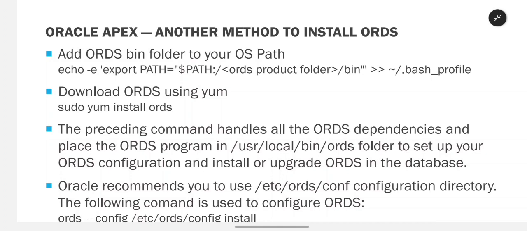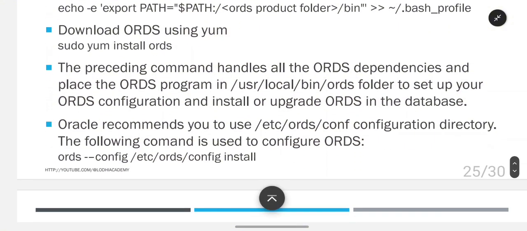In the OS path, like I mentioned before, before you add it in the environment, you know that your command is already written there. Download ORDS using yum. You can download by using yum also, like sudo yum install ords. The preceding command handles all the ORDS dependencies and places the ORDS program in the /usr/local/bin/ords folder to set up your ORDS configuration and install or upgrade ORDS in the database. Oracle recommends you to use